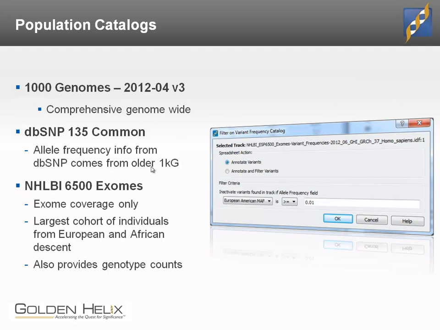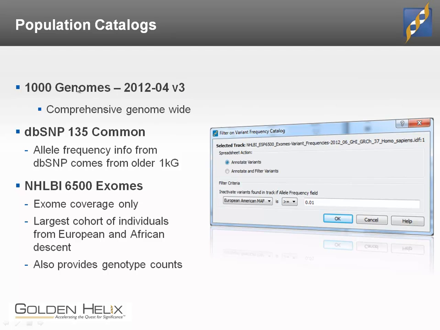First of all, the 1000 Genomes Project is probably the best known variant population catalog. The nice thing about it is that the variants are based on whole genome sequence, so you have variant coverage across the entire genome. They only have about 1,092 individuals. I should say only, because that seems like a large number if you think about whole genome sequencing. They also update their catalog quite frequently. So when you talk about filtering, you always need to specify which version of a variant catalog you're using.